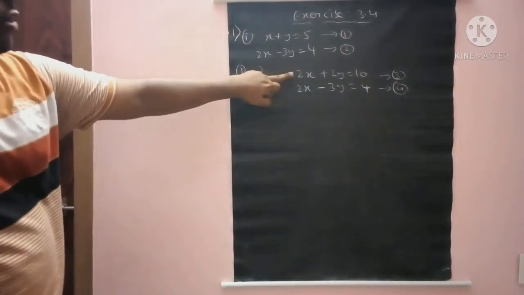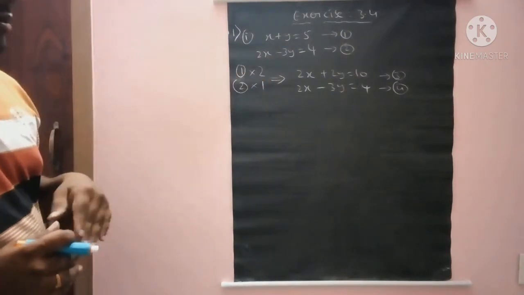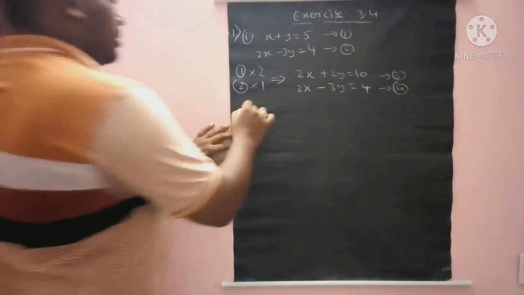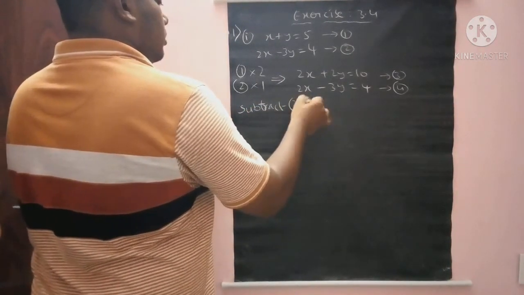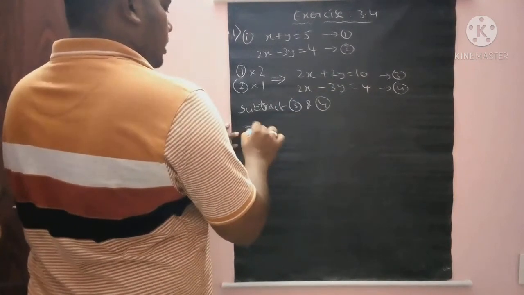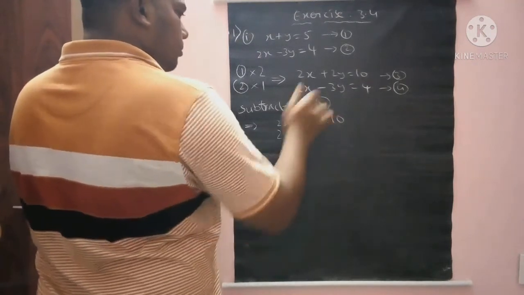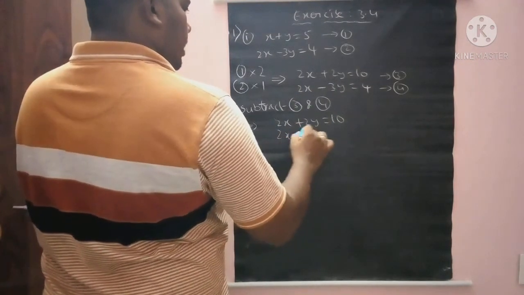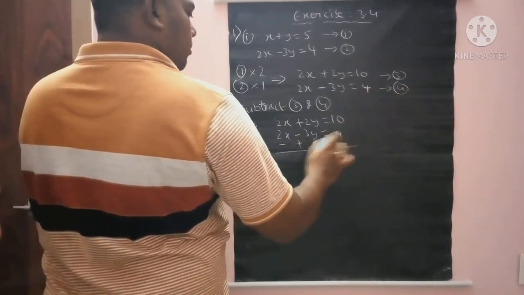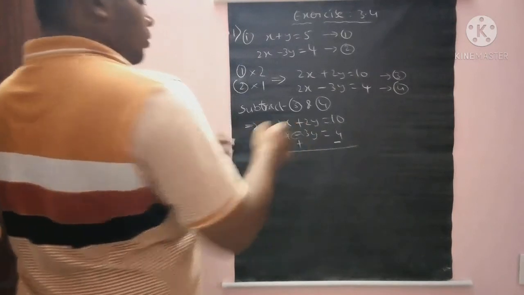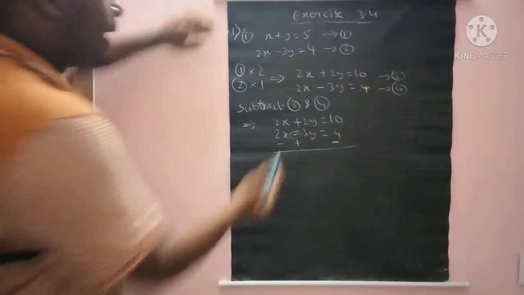So now if you observe here, 2x and 2x both have the same symbols. If you add, they won't eliminate. So to eliminate, we need to subtract. So subtract 3 and 4. Subtraction in the sense, I already said how to subtract: 2x minus 3y equals 4, minus plus minus. That means we need to change the existing symbols.